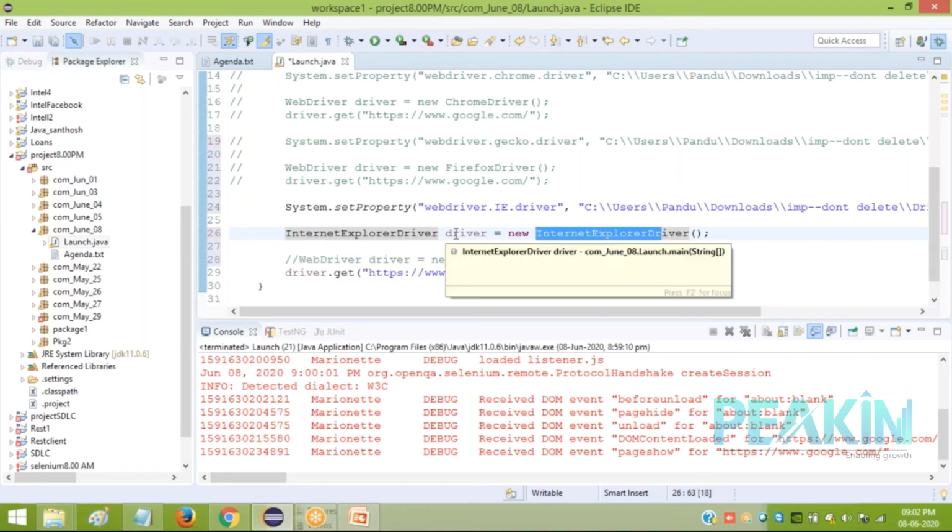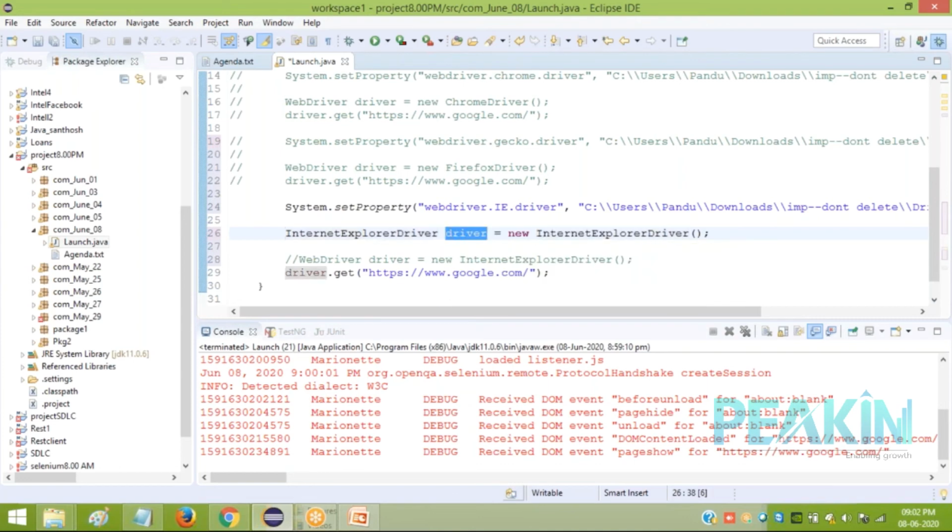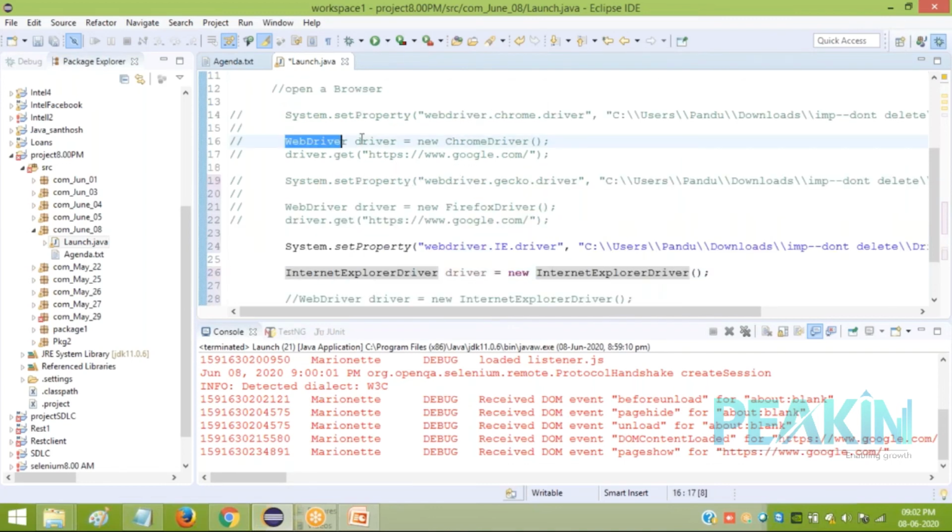Instead of that, if I keep this object of the parent type, I can modify easily. The only thing is I need to change the constructor. If I keep this as WebDriver, I only need to change the constructor, maybe Chrome, Firefox, Internet Explorer or Safari. So that is more handy compared to this way.